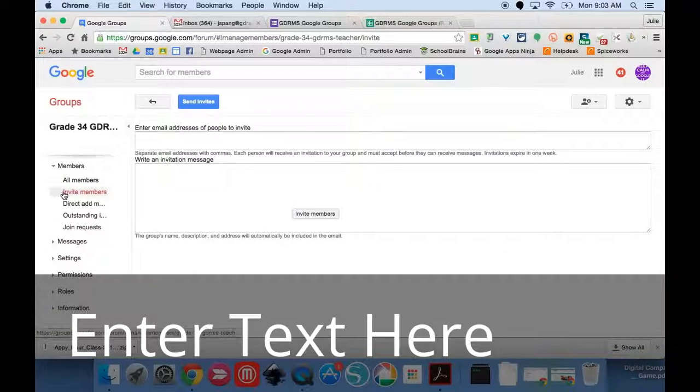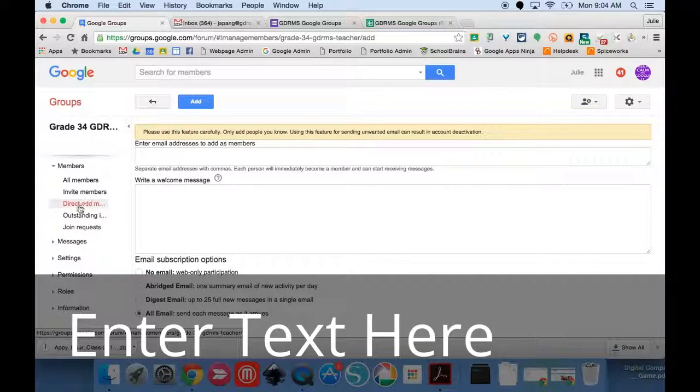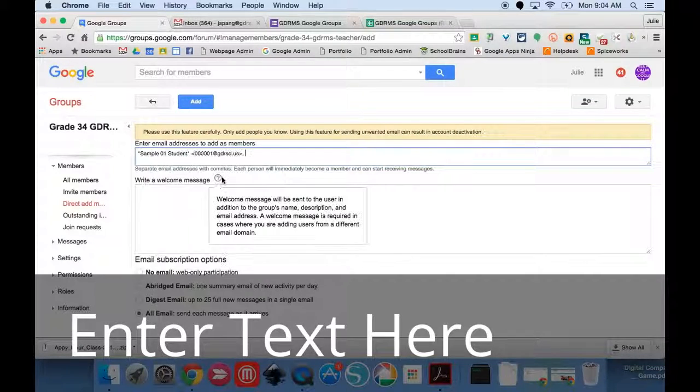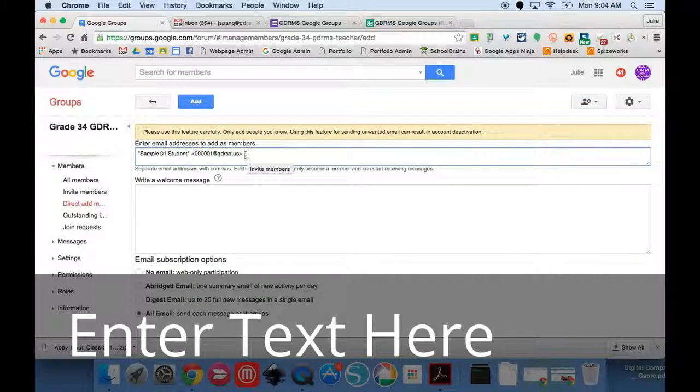Now when you click on invite members, you're brought over here in the left under members to the invitation page. You can send an invitation and hope that all of the members of the group properly click on the link to join the group, but I would suggest clicking on the option right below it to directly add members to your group. Here you can enter the email addresses of the staff that you want to be part of your group, and then make sure that they're separated by a comma,